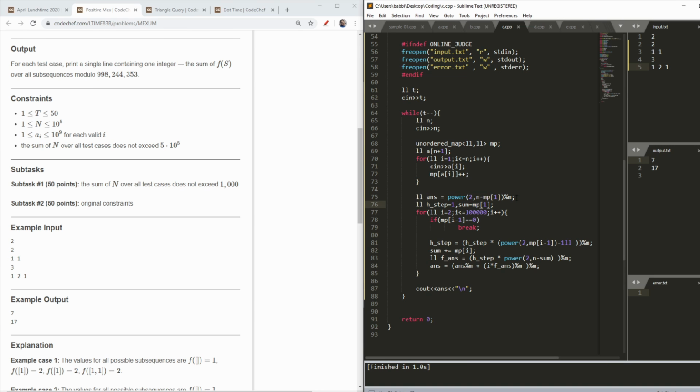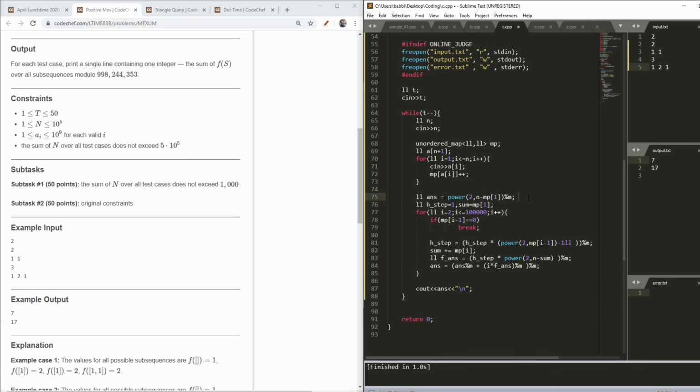Then I had my answer initially. As I said, for MEX equal to 1, it is the answer, because even if I do nothing, MEX equal to 1 will always give one answer, as for the empty set.